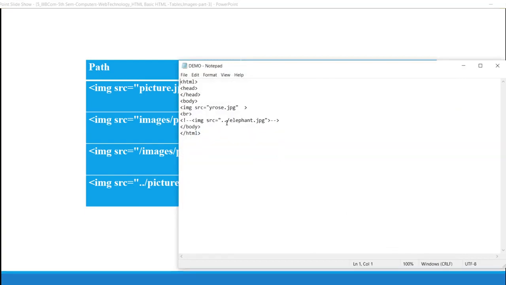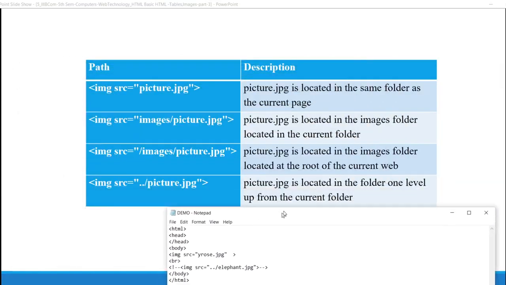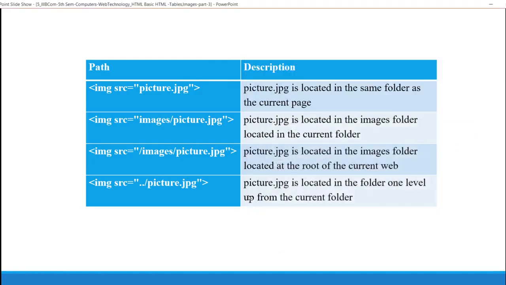Have you observed it? Image source equals to ../elephant.jpg. This is similar to this path. This picture is located in a folder one level up from the current folder. I placed it on the desktop, not in the images folder. This is about the image tag.